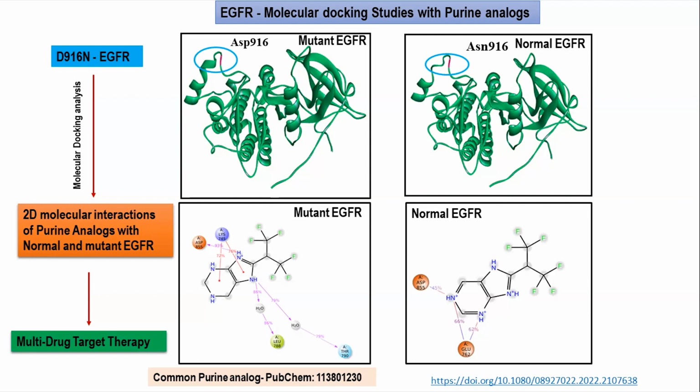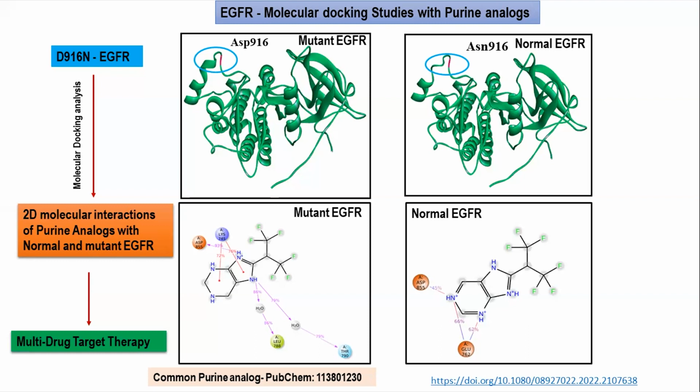Conventional drug discovery tells us that if there is a change in an amino acid residue in the form of a mutation, and if that contributes to a structural change, then there is a high probability that a specific drug which targets the normal EGFR might not be able to target the mutated one. But to our surprise, and which we have reported here,